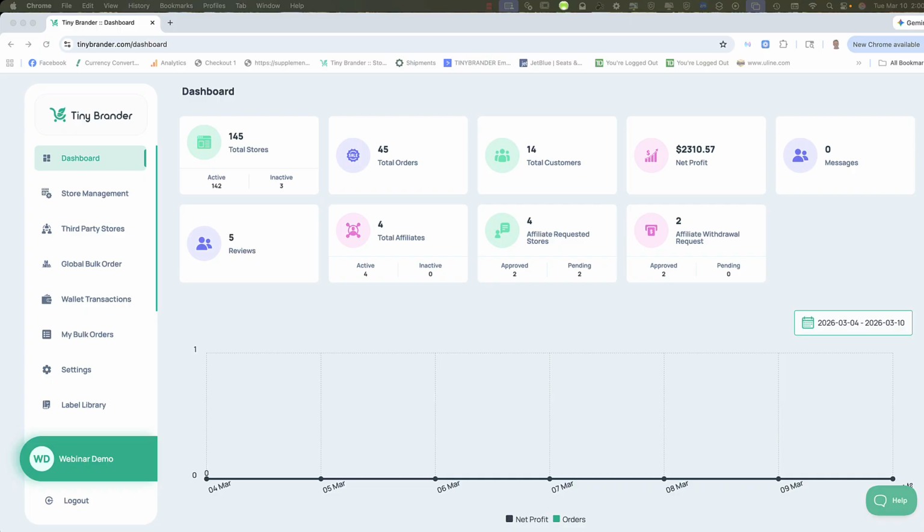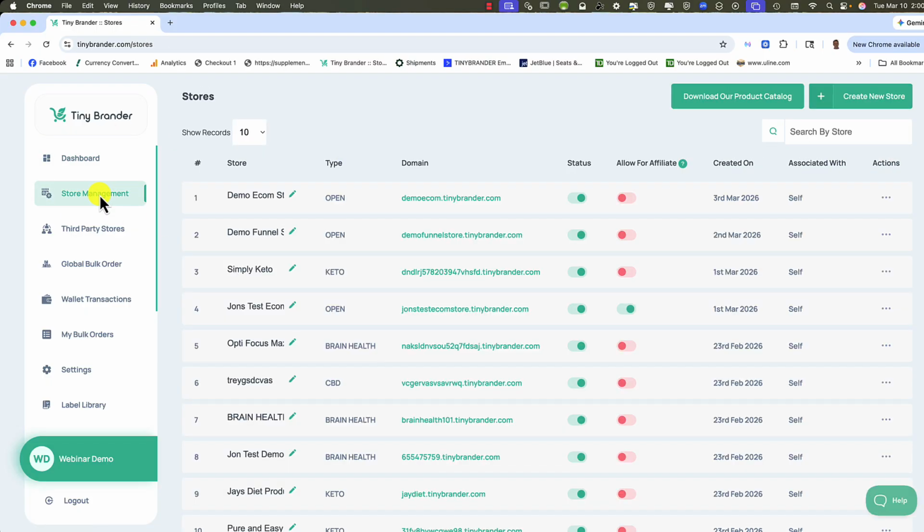In today's video, we're going to be showing you how to set up a review page for your Tiny Brander store. Here we are inside the Tiny Brander dashboard, and you want to go down to Store Management on the left-hand side. Just click that, select the store that you want to work on, and hover over the three dots